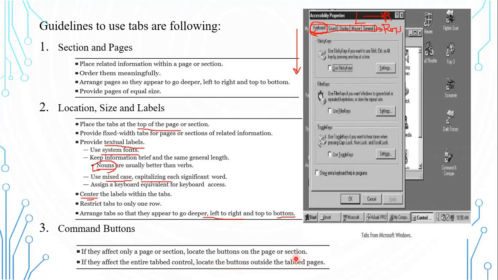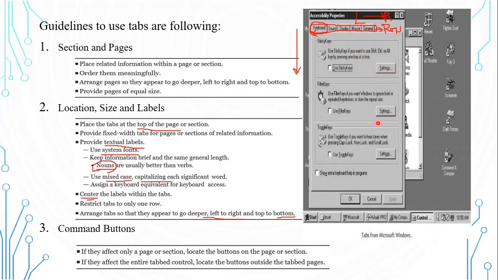So you can allow command buttons within these tabs, okay, or pages. So whenever you click the tab, it will open up a page, is it? So you can place the command buttons within these pages.